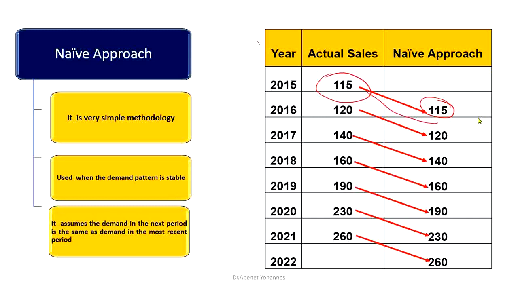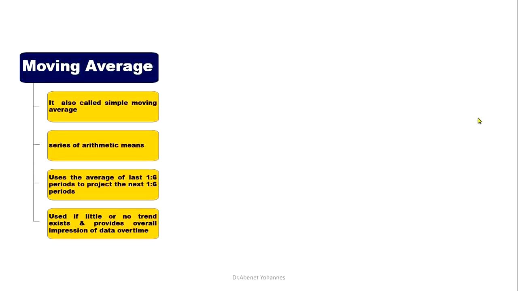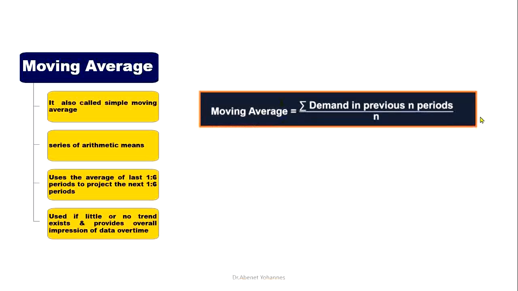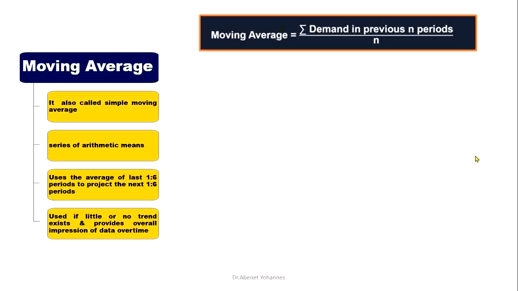ሜቶድ ብዙም ውጤታማ አይደለም ማለት ነው። ሁለተኛው ሙቪንግ አቨሬጅ ነው። It is also called a simple moving average እንለዋለን። It is similar with series of arithmetic means. It uses the average of the last 1 up to 6 periods to project the next 1 up to 6 periods, used if little or no trend exists and provides an overall impression about our data ማለት ነው።